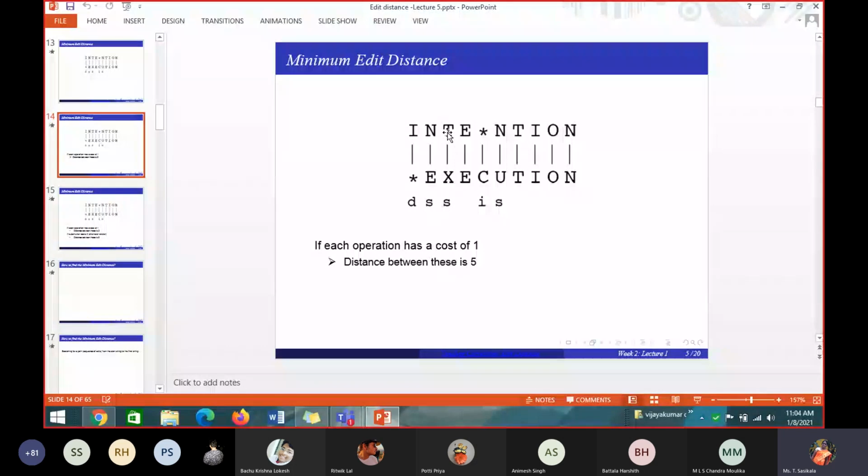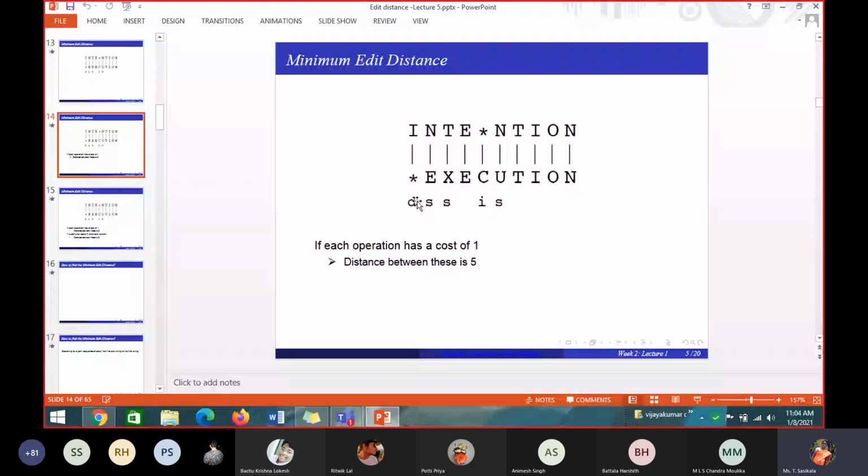Since I want to show what deletion, substitution and insertion are, I have shown this example. You can ask, ma'am, I can be replaced, N can be replaced with X, T can be replaced with E, then E with C, then N with U, then T-I-O-N. We'll see why this is happening, because they are using that algorithm. We cannot find this out in the beginning itself. From the algorithm, we will calculate what letter will be replaced with what to get the final string, whether substitution, insertion or deletion happens for each character, or as such to convert the input string to the output string.